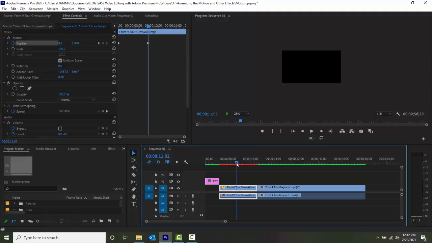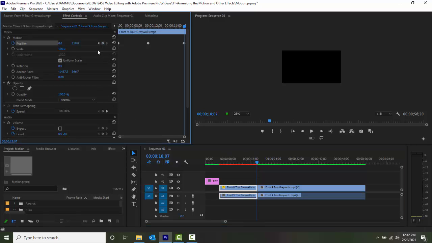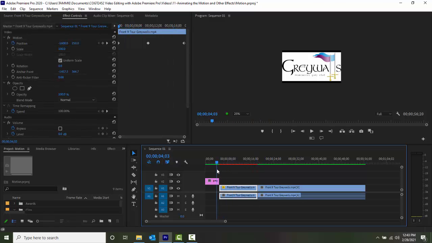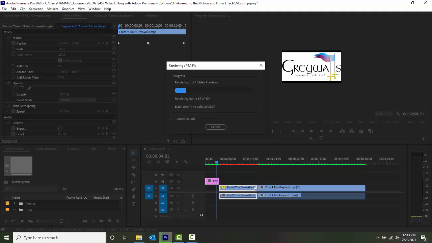Now I'm going to slide this over to the end, and add a new keyframe. I'm going to make this go back towards the left, so I'm going to call this, say, maybe negative 500. Okay. Now I want to come back here, move the playhead back, and watch this. Right now I'm going to render because I just want to make sure that you see